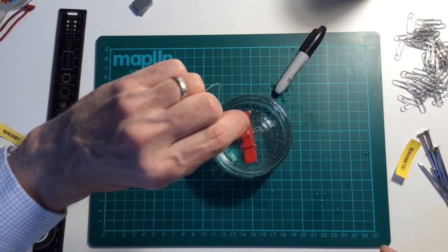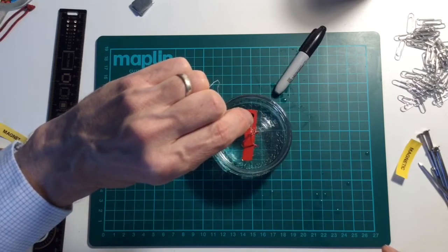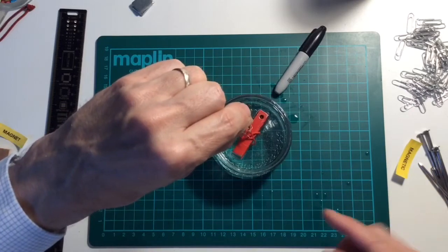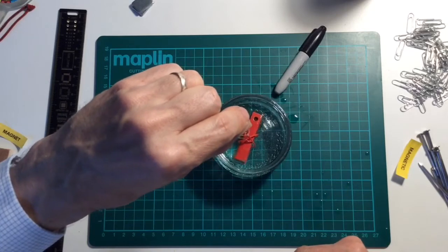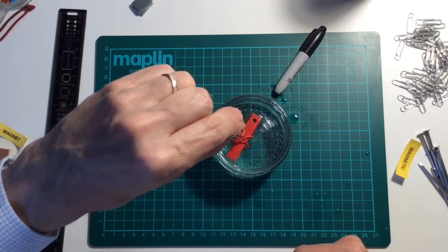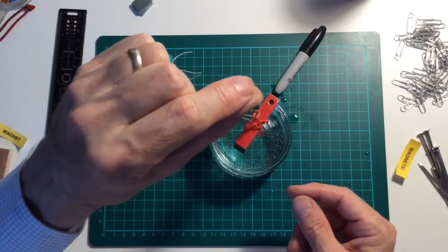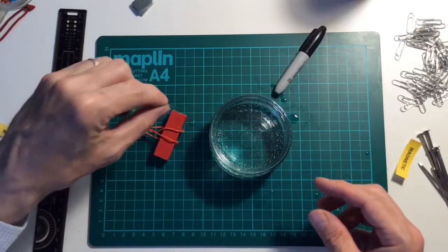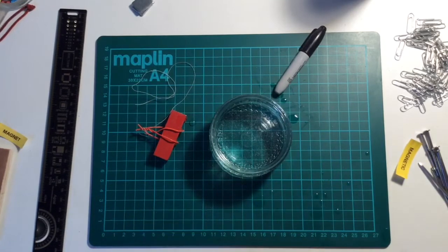Okay, the only reason I've got it in water is just to damp it down, because otherwise it just swings backwards and forwards forever and it'll take forever to stop. It's going to stop pointing that direction, if I let it do its thing. And I happen to know that that direction in this house is approximately towards north, towards the North Pole where the polar bears